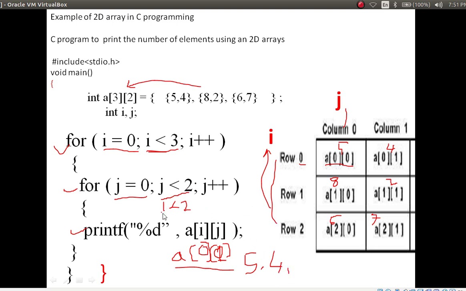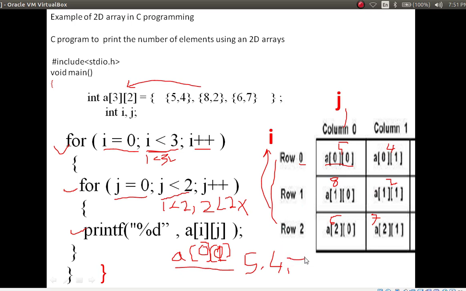After incrementing, the j value is 2. 2 less than 2, the condition is false. Then go to the next and increment the i value. Now the i value is 1, less than 3. The condition is true. Yes, execute this statement. In this way all the array elements are going to be displayed.